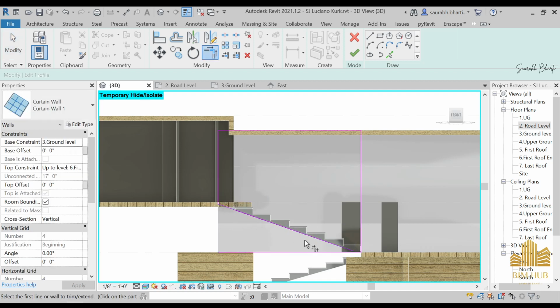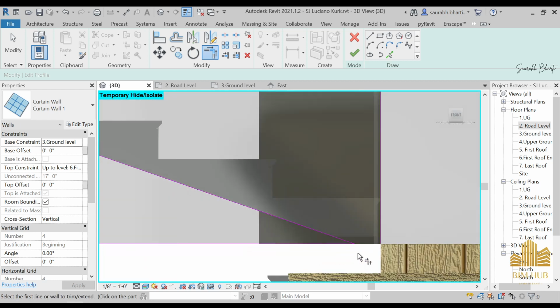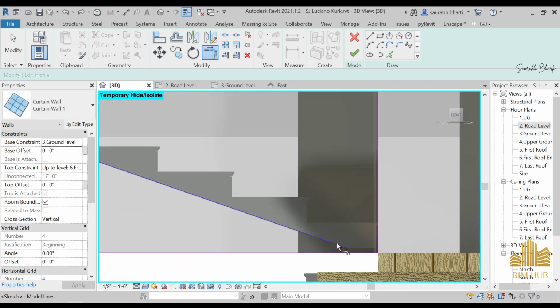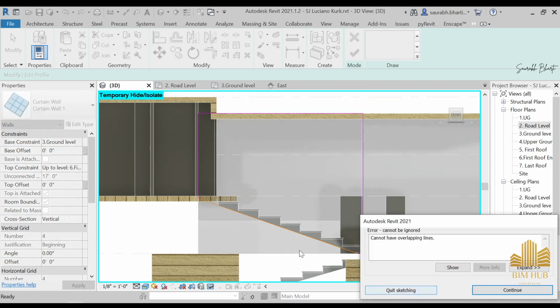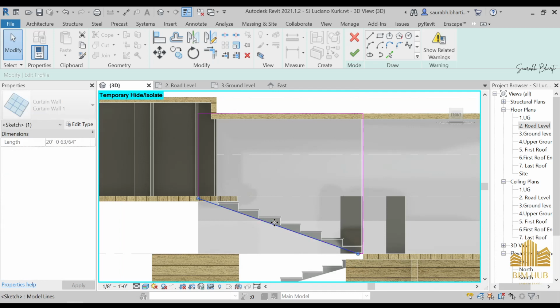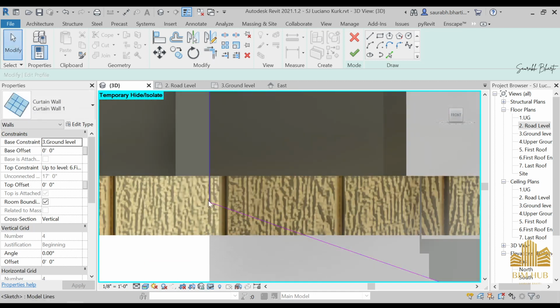Now you can see that the wall has been trimmed, and from this point to this point, okay, undo it, from this point to this point. Now it's fine. On this side, press OK. Let me see, there's one overlapping line. Let me check it. Okay, so just trim it from this point to this point, and if you want that